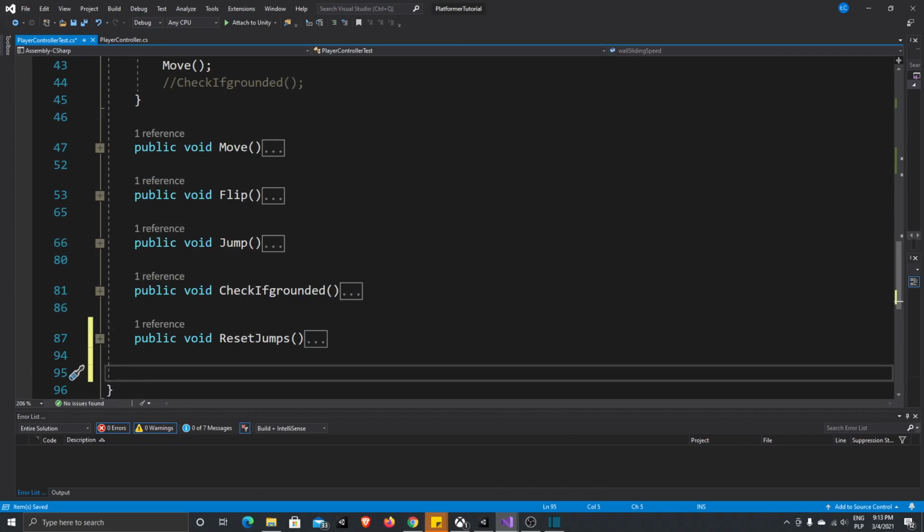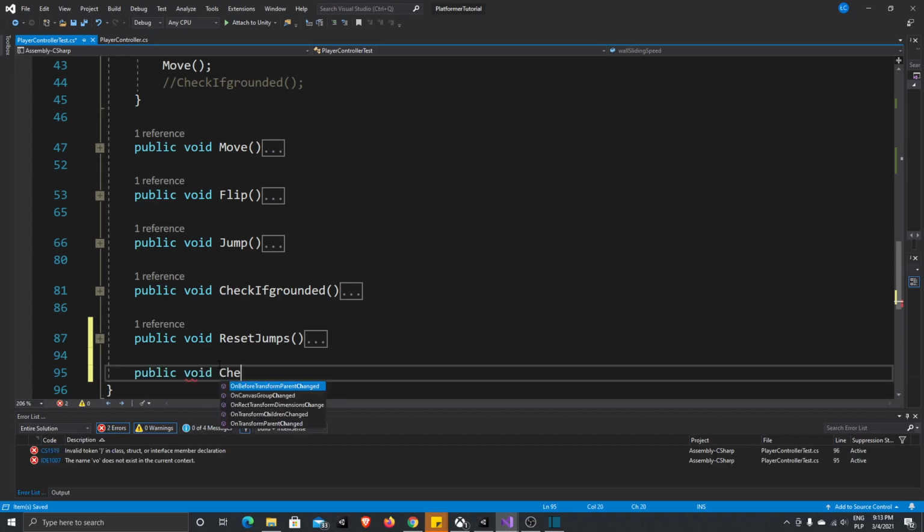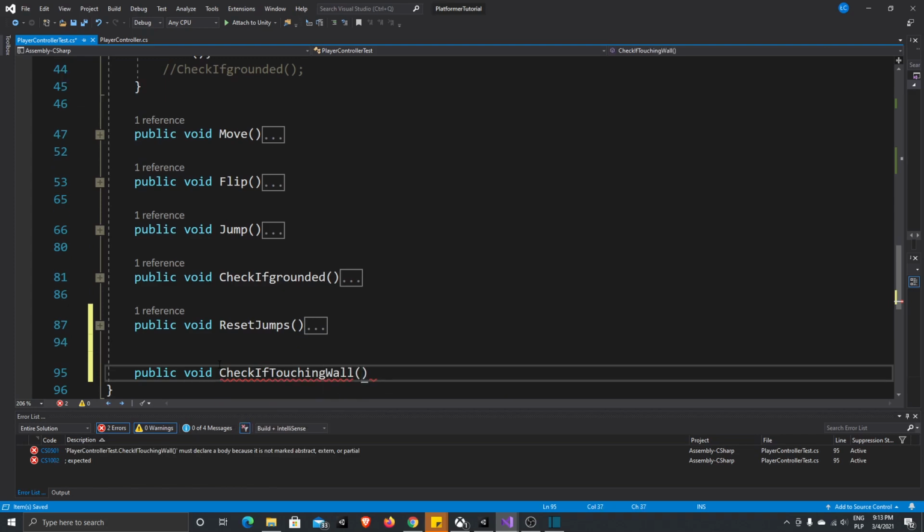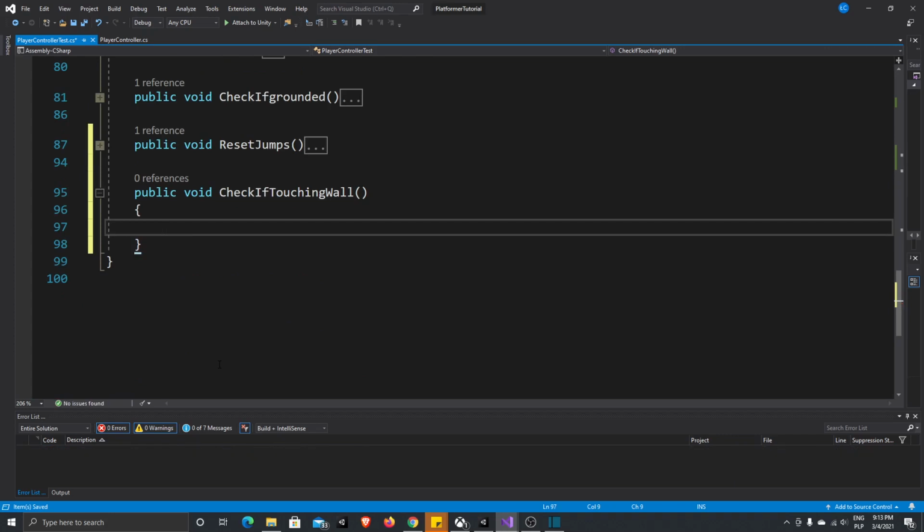Here, let's create our function. First, let's check if we are touching our wall. Public void check if touching wall. For the function, let's use our bool variable we just created. So touching wall will be equal to